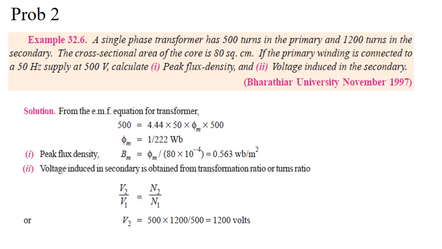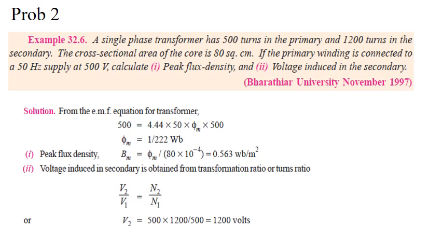The first parameter that we need to calculate is the peak flux density. Flux density means B. B is given by the formula phi by A. So now let us see, do we have phi and do we have A? A we have, that is 80 square centimeters, so it will be 80 into 10 to the power minus 4. Now first, for finding out B, we need to find out phi. So how can we find out phi?